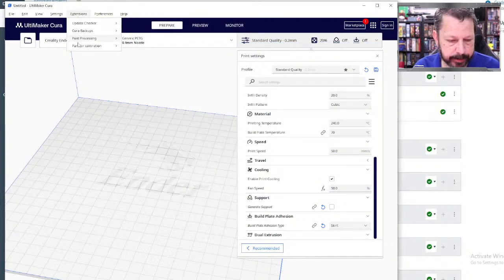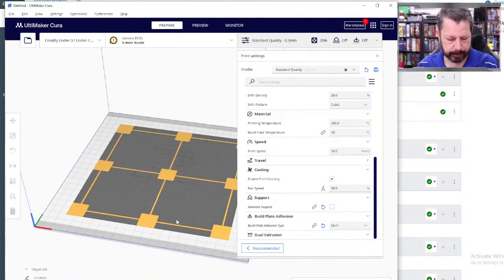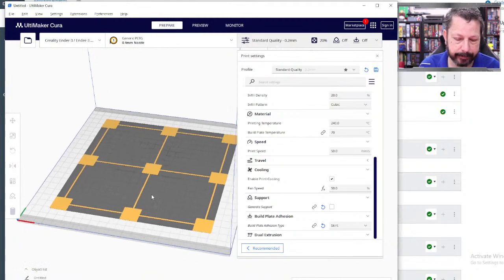But there is somewhere by 5-axis a calibration shapes plugin that adds those options. So it adds all of these parts here. One of them is a bed level calibration. So if I add that, it literally is. You could make this if you wanted to, if you can't find the